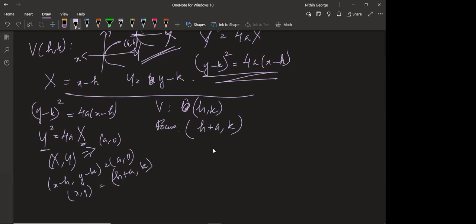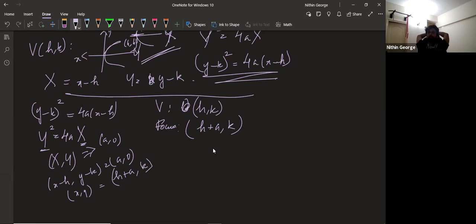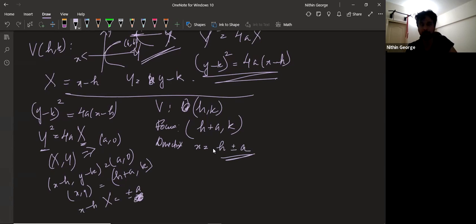All right. You change the axis to capital X, Y axis, where the center is h comma k. So then the change you bring about is capital X equal to x minus h and capital Y equal to y minus k. So focus will change like this. Now, what can you say about the directrix? In the new system, it will be x equal to plus or minus a by e, right? But then this is nothing but x minus h. So x is equal to h plus or minus, no, not a by e, it's a plus or minus a. This is a parabola we are talking about. So this becomes the directrix.